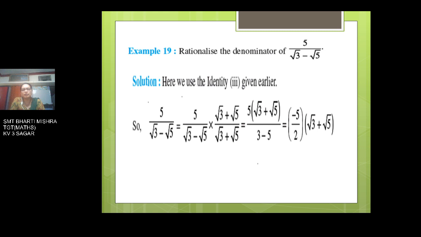denominator we had root 3 minus root 5 and root 3 plus root 5. So making use of the property a plus b, a minus b, it comes to be root 3 square minus root 5 square, that is 3 minus 5, the result is minus 2, and converting in the standard form, the negative sign is considered in the numerator, so it comes to be minus 5 upon 2 into, in the numerator we have root 3 plus root 5 in a bracket.